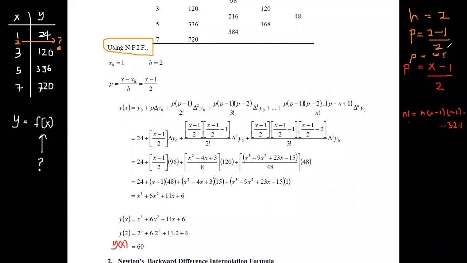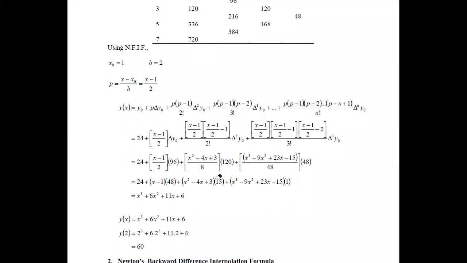Therefore, you can try obtaining this value of y at 2, and without obtaining the equation also you can obtain the same value. Therefore, you can try it as your own work, as a self study. It means you need to do this calculation by substituting x equals 2. And now we will move on to the next part.